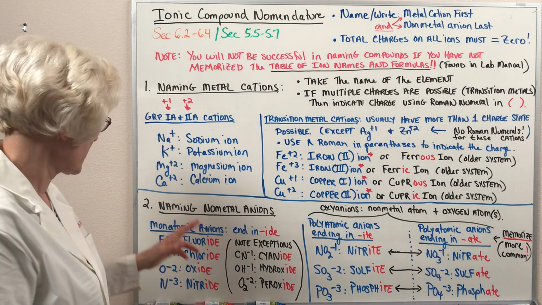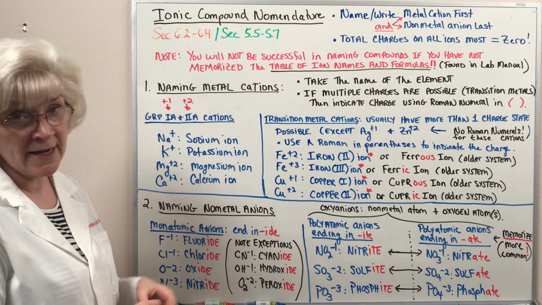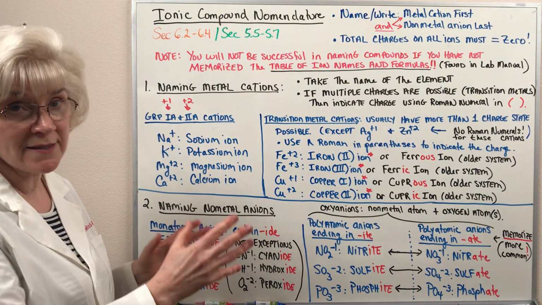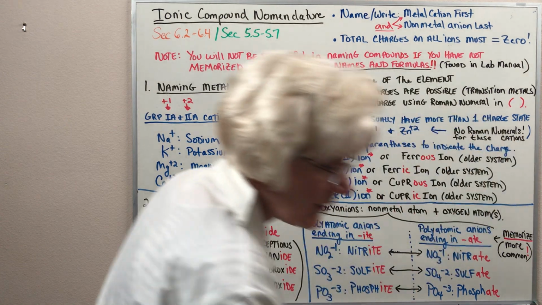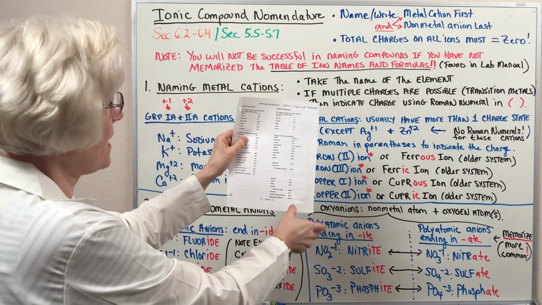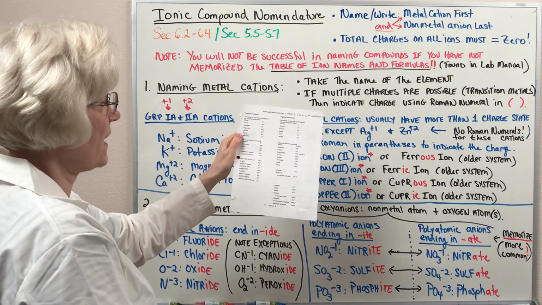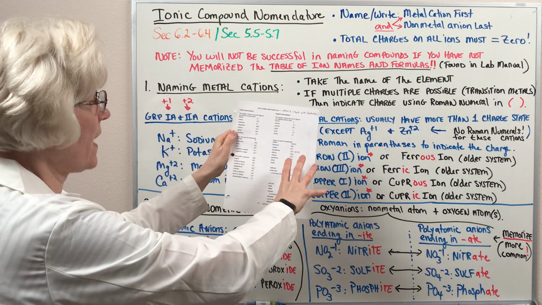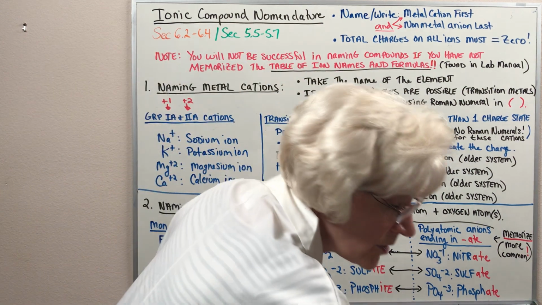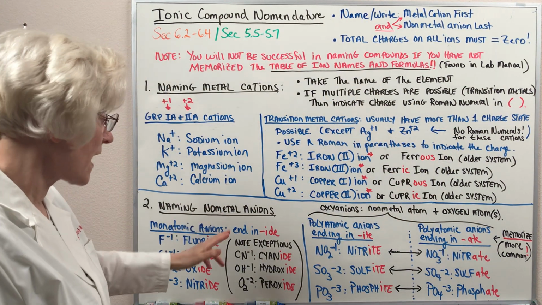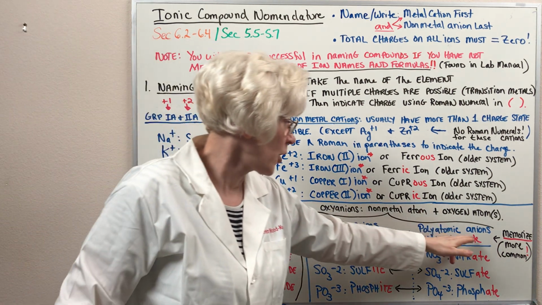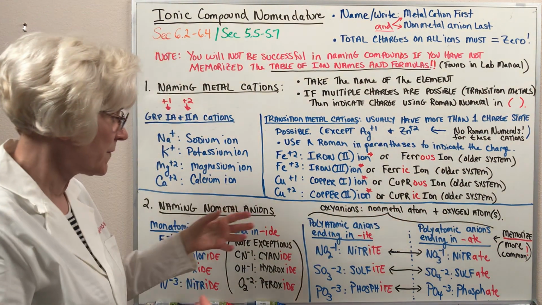Let's transition now to take a look at naming the anions, the nonmetal anions. If you look at the right side of your table of ions, you'll see that the right side lists the anions, the left side the cations. Examining the right side anions and looking at the names of these ions, you will see that they have a suffix ending of either "ide" or "ite" or "ate." So let's help you decode